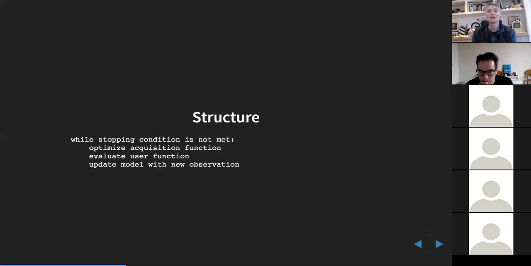So until that stopping criterion is met, you go through this loop: you have this model, you use that to find the next point, which is through optimization of the acquisition function. You then evaluate the user function at that next point, and then you update your surrogate model with the observations. And then you just loop through that. And that's what we saw, in effect, Carl-Henrik showing us for Bayesian optimization, where the acquisition function was, in that case,